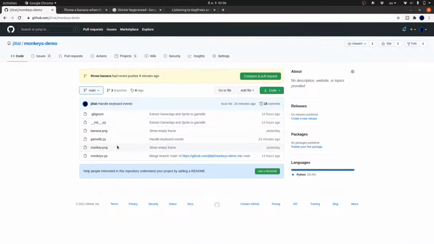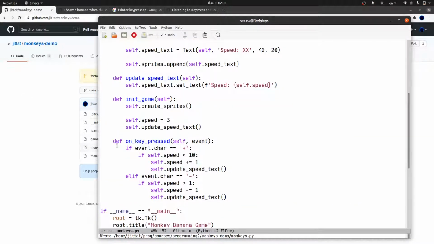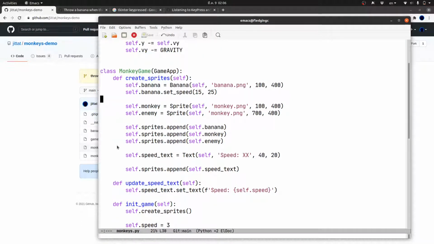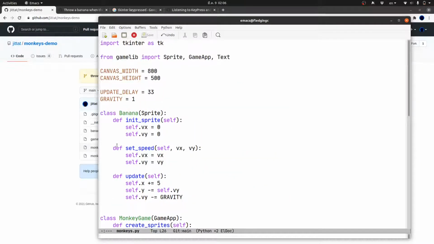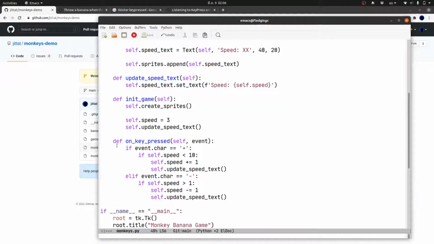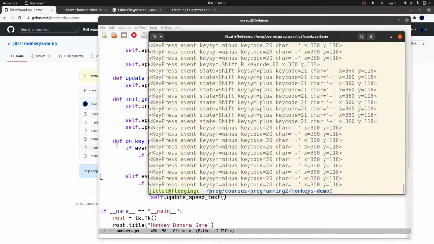So now we need to somehow adjust the speed of the banana. When we change the speed, we should adjust the banana speed. We only change the speed of the game, right? We still haven't changed the banana speed, but we'll set the banana speed when we hit start. So we should work on that when we actually throw the banana. So let's say we're done with this